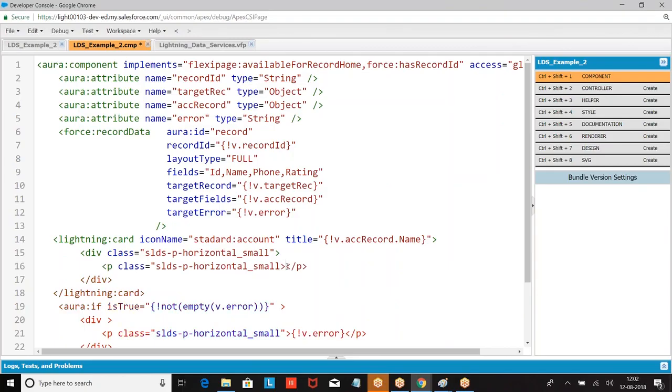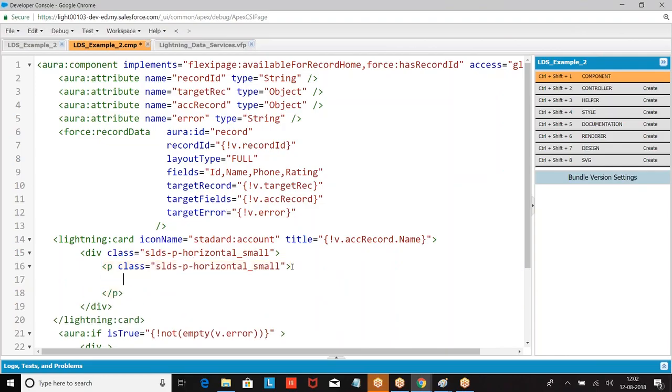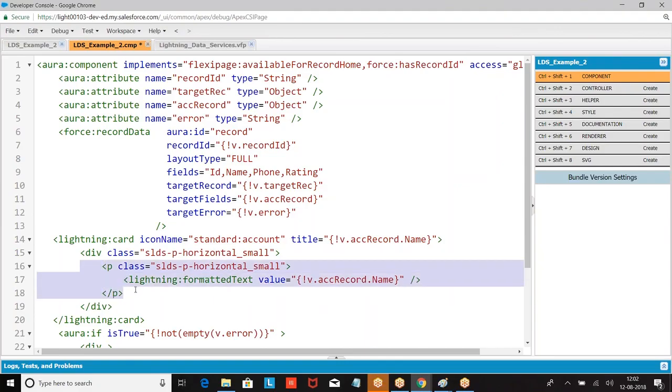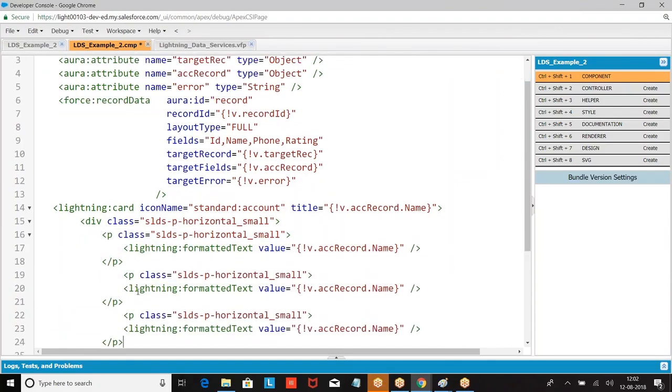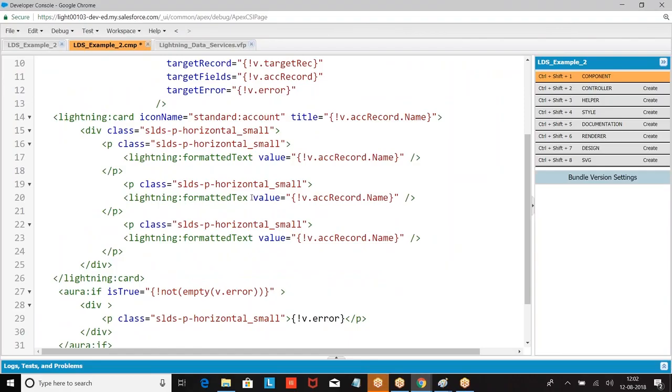Lightning component, value equal to, the same story. I will repeat it. Formatted text.